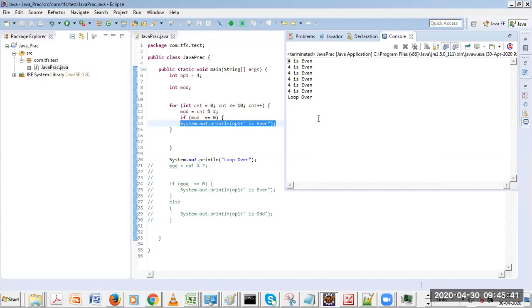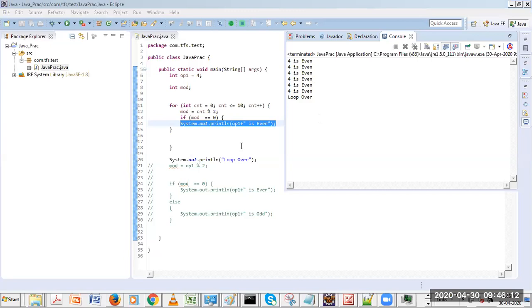Line 6. Okay, good. So what change should I make? Yes, op1 is initialized to 4. Very good, it's op1. We are printing op1. So what should I change? What changes should I make over here? Help me quickly. Line number 4. Op1 equals to 4. Print mod here. Okay. Count should be in the if. Okay, good. Any other change?